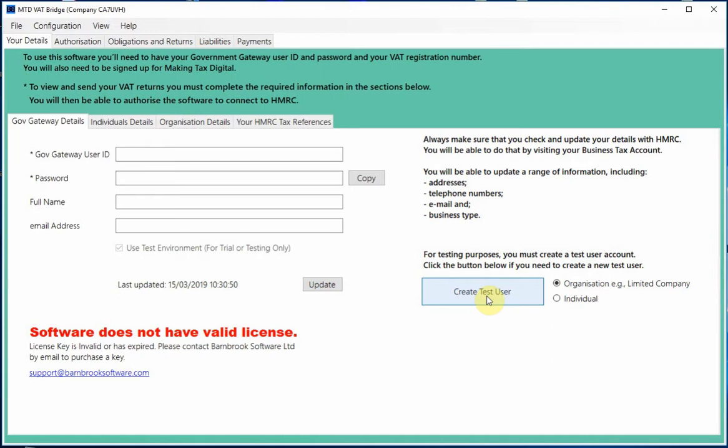I'll simply click the button to create an organisation or a limited company. If you're a sole trader, you'd select the individual option and create a test user that way, but the process is exactly the same regardless of the business or being a sole trader. So we click create user. This creates a fictitious user on HMRC's test environment for us, so we can use that now to go through